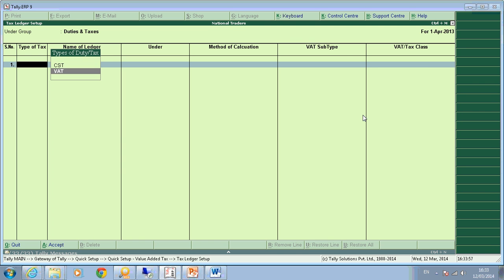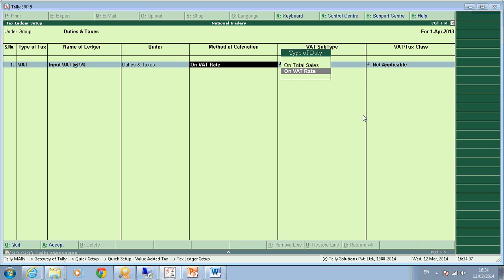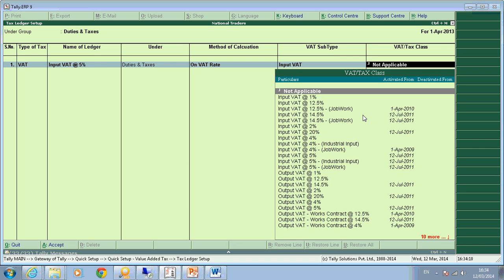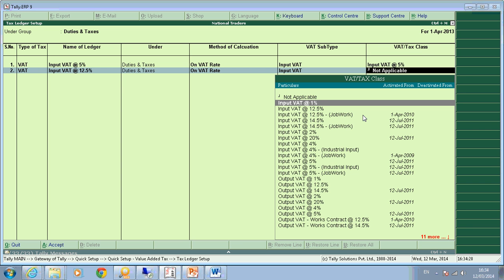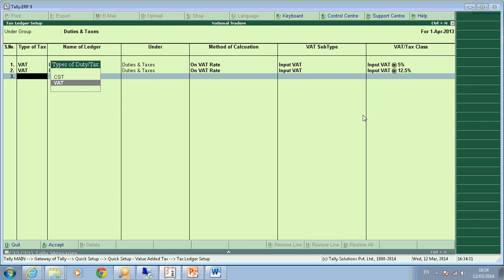Next is tax ledgers we are going to create. So I'll create tax ledgers. So I'll create input VAT at the rate of 5% under duties and taxes on VAT rate, input VAT at 5%. So I'll create next one, input VAT at the rate of 12.5% under duties and taxes on VAT rate, input VAT at 12.5. And next is input VAT